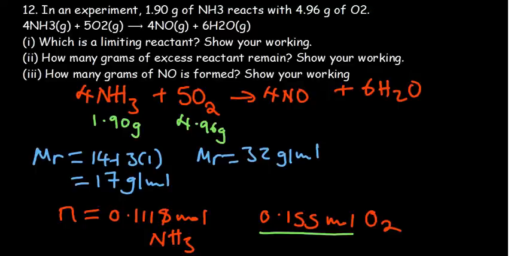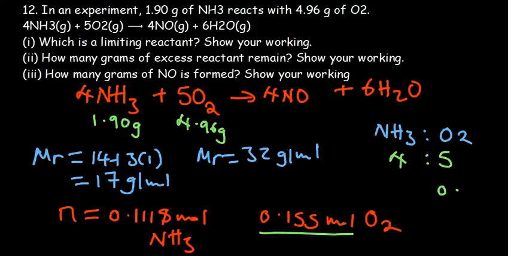Now we'll compare our reactants. Our reactants, we've got ammonia and oxygen. Now these are in the ratio of 4 to 5. Now I've decided to use the number of moles of oxygen, which is 0.155. And then I'll assume I don't know the number of moles of ammonia, so that I cross and multiply using the ratios and see the number of moles of ammonia that are required by that number of moles of oxygen. So if I cross and multiply times 4 divided by 5, the value of x that I'm getting is 0.124